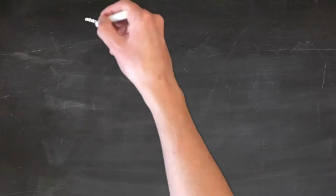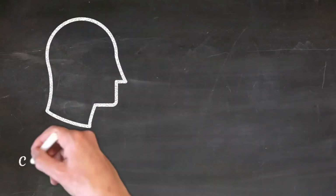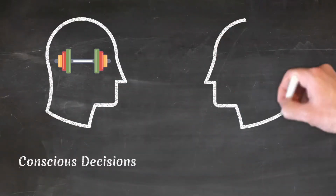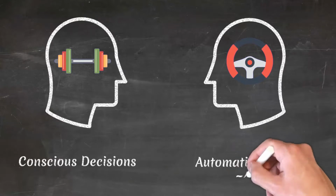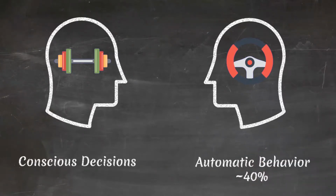Habits are the brain's way to save mental energy and effort and allow us to subconsciously perform behaviors based on previously taken conscious decisions. And scientists found that each day around 40% of the choices we make are automatic, based on these habits. To understand habits better and see how we can later manipulate them, it is important to understand